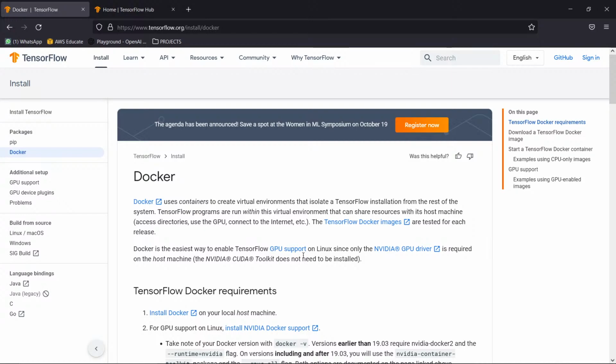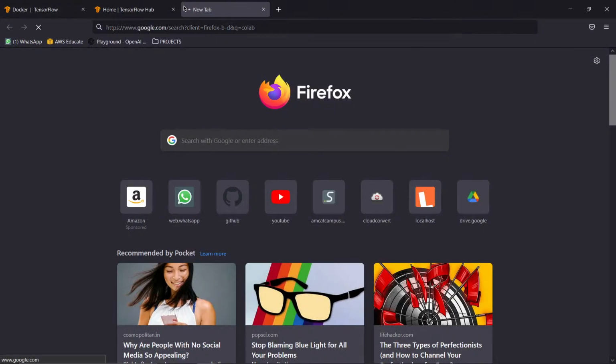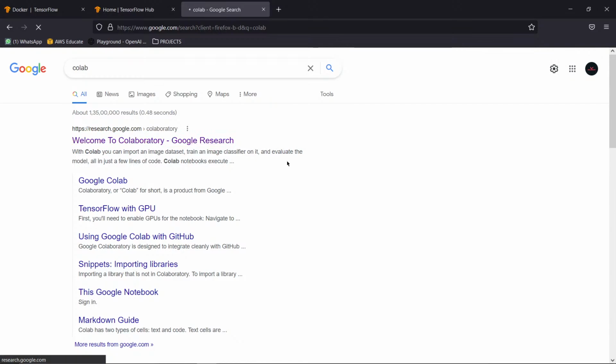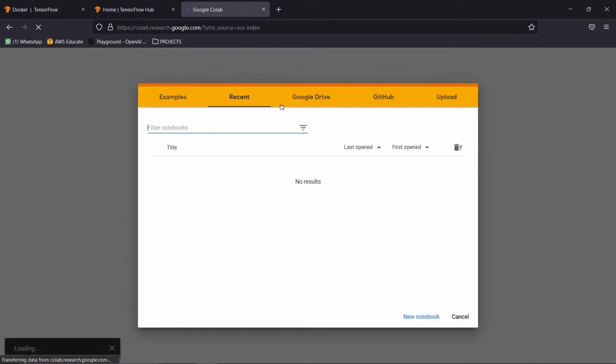As we are going to use Jupyter notebooks, you can use the online Jupyter notebooks. That is Colab. This Colab version will help. It contains pre-installed